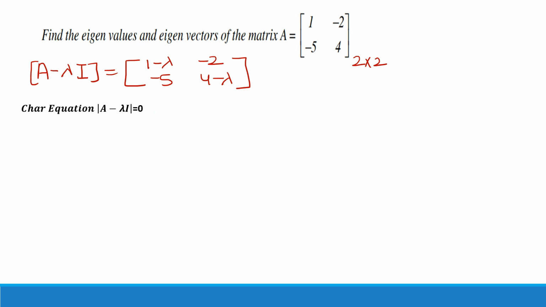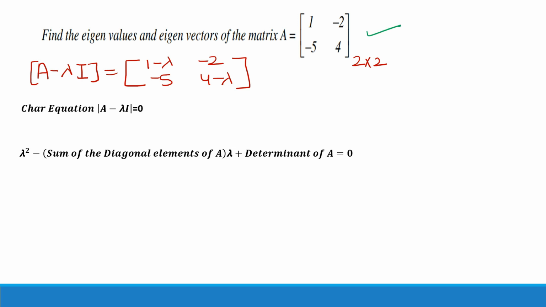Now here one method is the usual approach which we use for calculating the determinant. In that, what we used to do, we'll just multiply this with this and this with this. But here we are not going to use that approach, so I'll tell you the formula by which you can find the characteristic equation. So this is the formula. Because this is a 2 cross 2 matrix, obviously we will get a quadratic equation in lambda. So here this is how we'll calculate. We'll take alternate signs. So the lambda square coefficient will be positive, then the lambda coefficient will be negative, and then again we'll get positive.